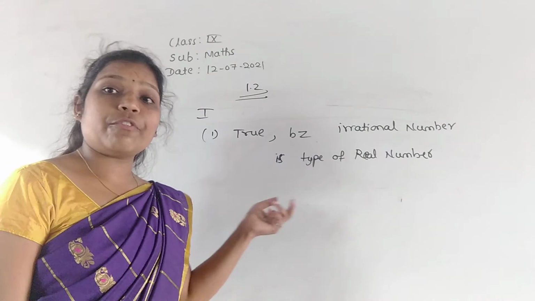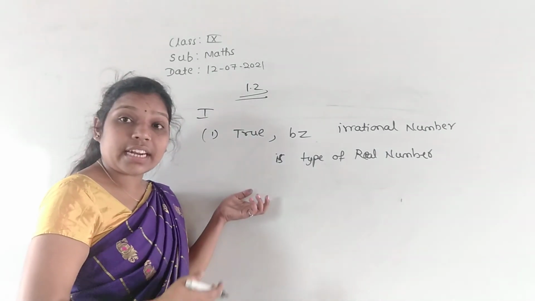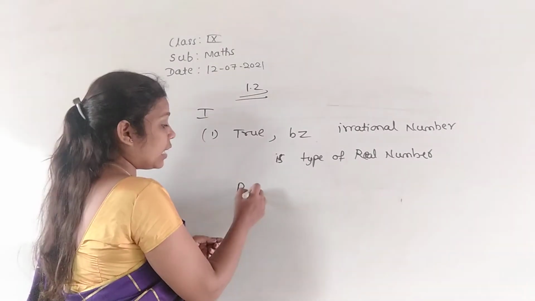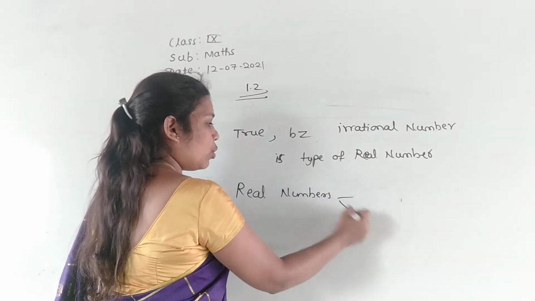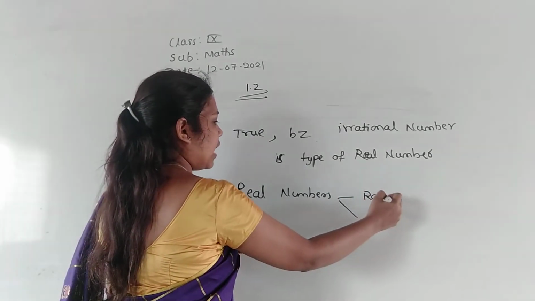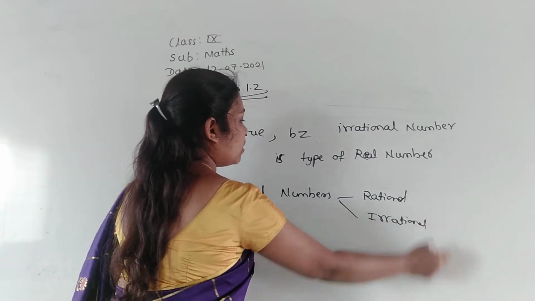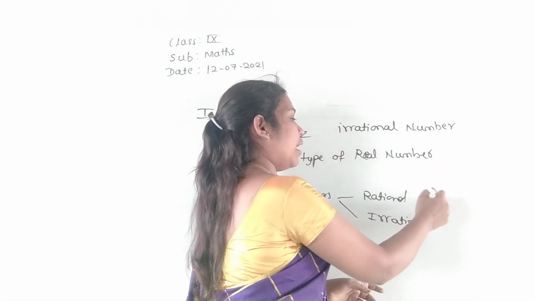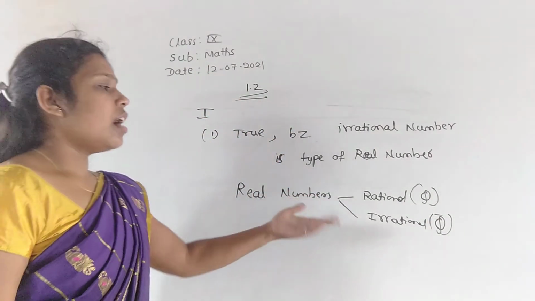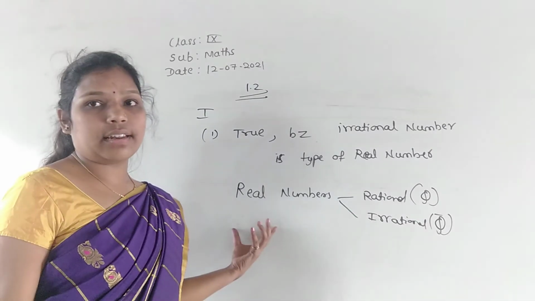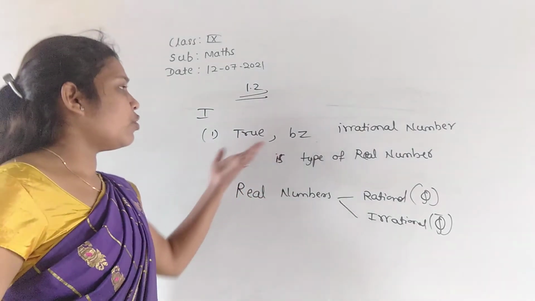Irrational number is a type of a real number, because when we are saying types of numbers, that is only in real numbers. In real numbers, only two categories are there. First one is rational and second one is irrational, right? The first one is rational, that will be the q value, and irrational is not a q value. So in this only two categories are there, which means of course every irrational number is a real number. We can agree with that, right? So for that reason it is a type of number, and that is true.